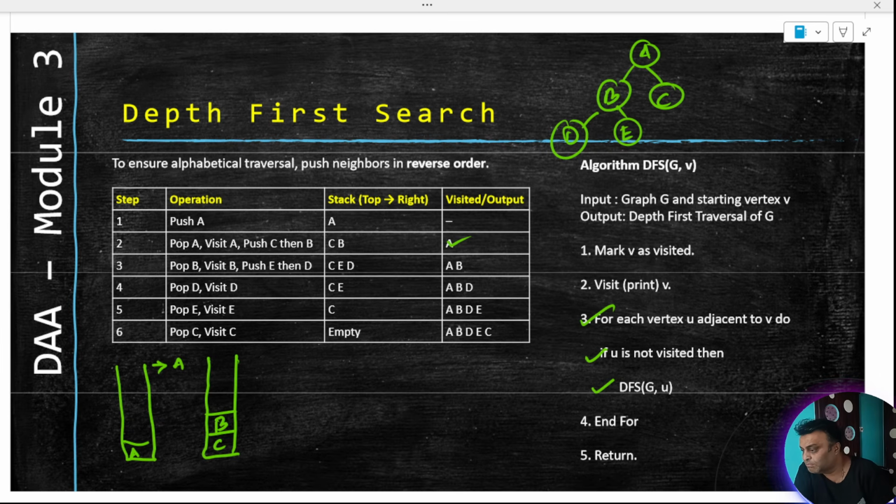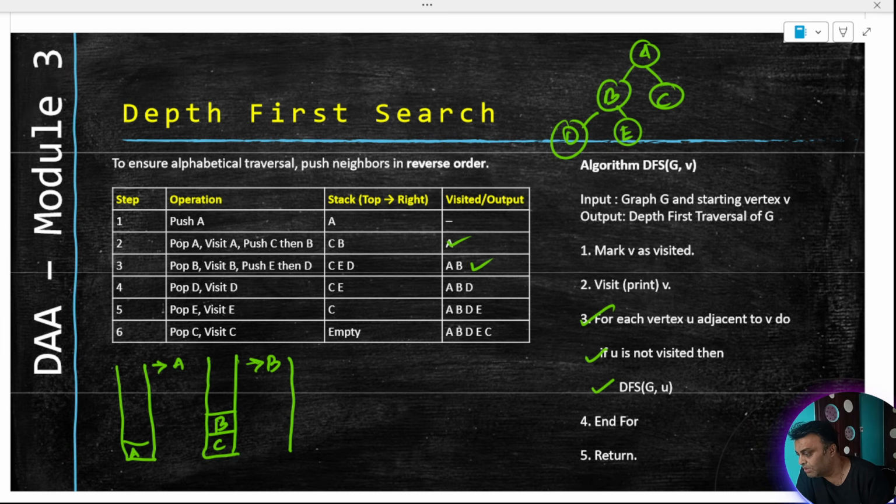Right, so if I want the print to come like A, B, C, in that order, then I will push it into the stack in the reverse order from left to right. That means from right to left, that order is what I will consider these adjacencies. So A has an adjacency of C and B and not B and C. So that's what I have written, B and C here. Right, next step will be to pop B. Means AB will be printed. A was printed earlier, now B has been printed.